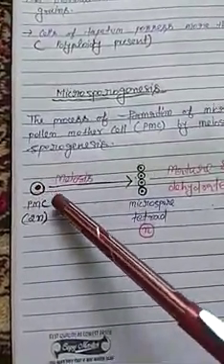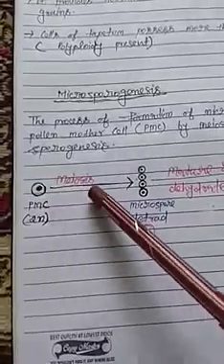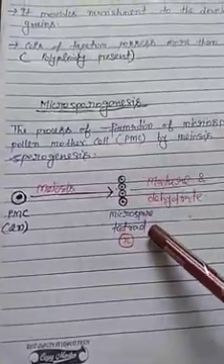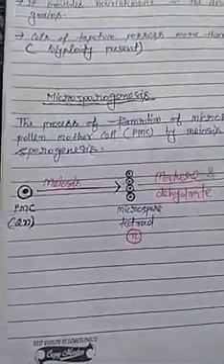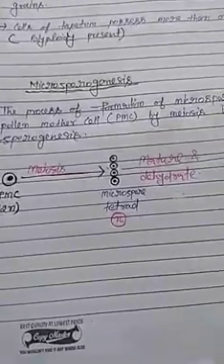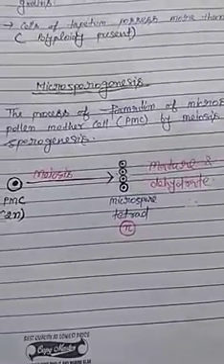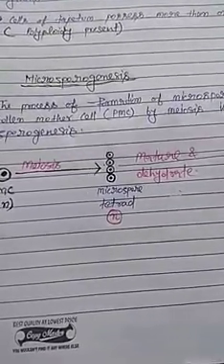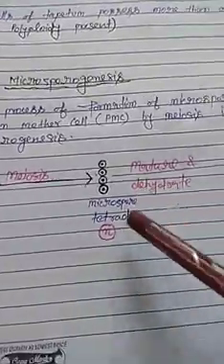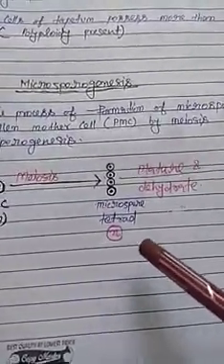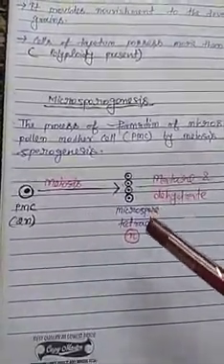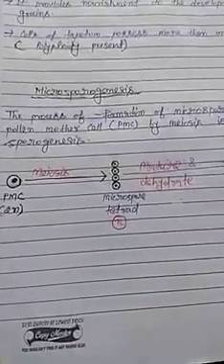This is the PMC, pollen mother cell. Pollen mother cell undergoes meiosis division and forms a cluster of 4 microspores, the tetrad. One question in your NCERT book is, what would be the ploidy of the cells of tetrad? What would be the ploidy of the microspore? Each cell of the microspore is haploid because the microspore is formed by meiosis division. After meiosis division, the number of chromosomes is reduced to half.